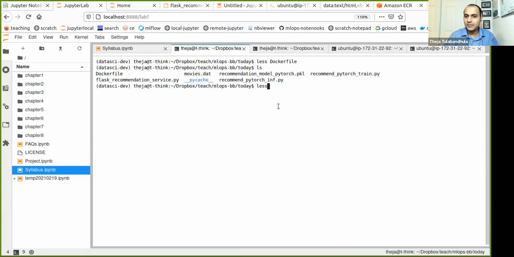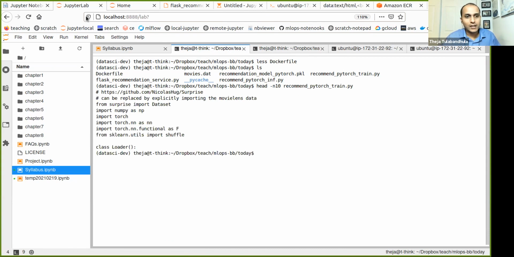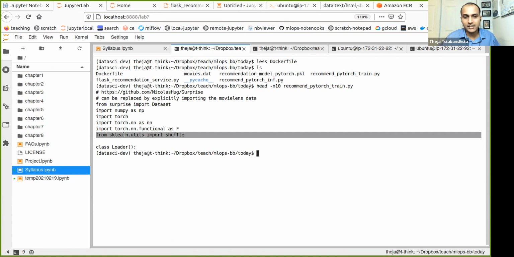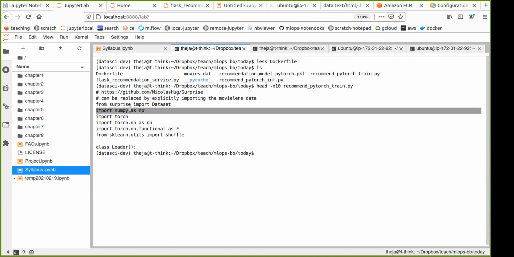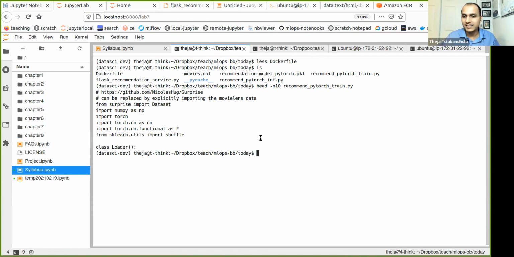So actually, let me look at what all is there in the recommend PyTorch. Train requires torch. See, this dependency I forgot, and so it didn't work. NumPy, I believe it installs by itself. Otherwise, I could explicitly state that NumPy is needed.